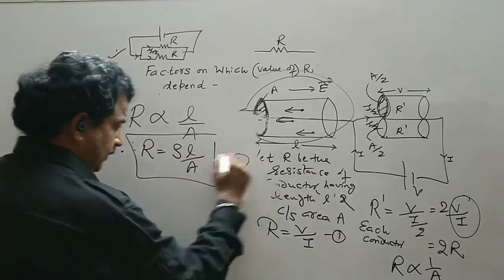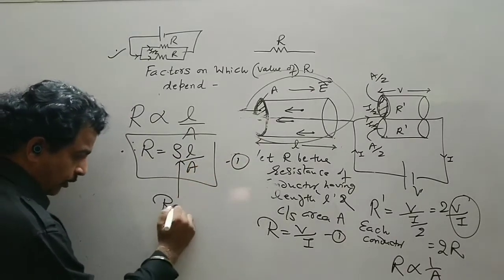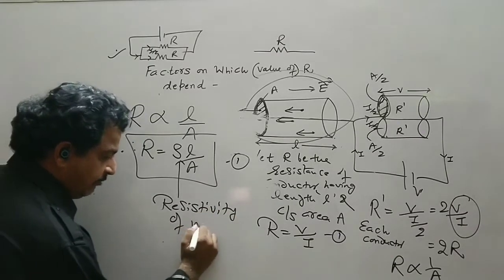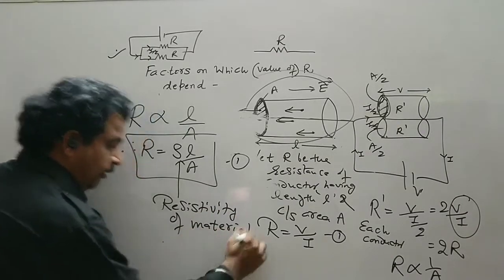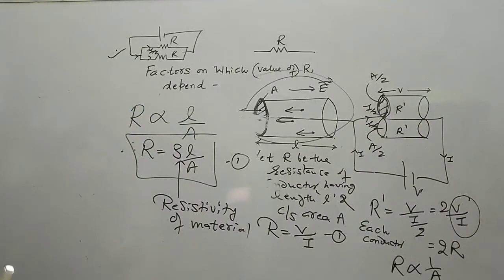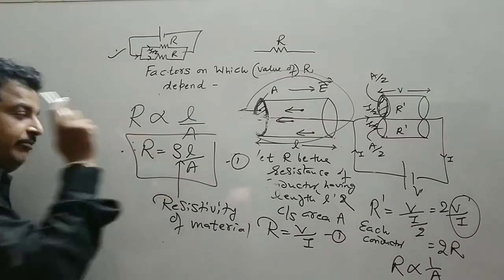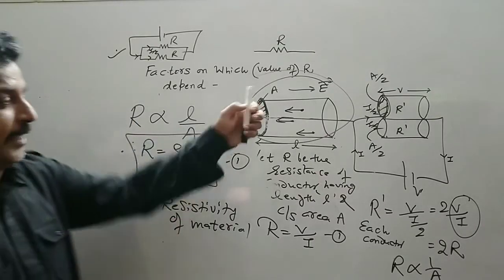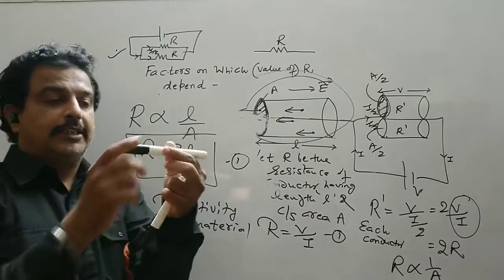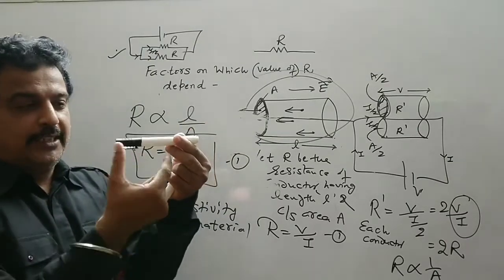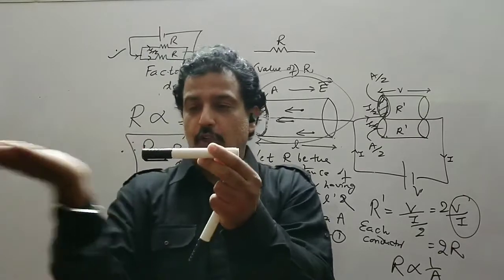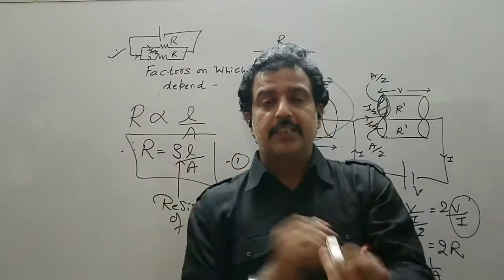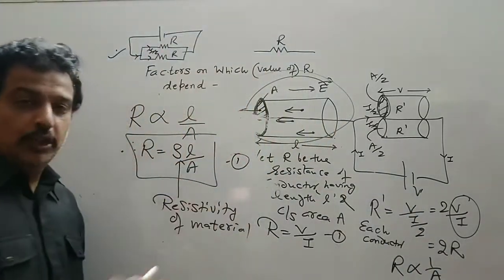Now this rho is called the resistivity of the material. So again we will see that this resistivity does not depend on length and the area. So if you have a copper conductor, say this, if I cut it into half, the length is half. If I cut it across its axis or along the axis, its area becomes half. So resistivity will remain constant for this.